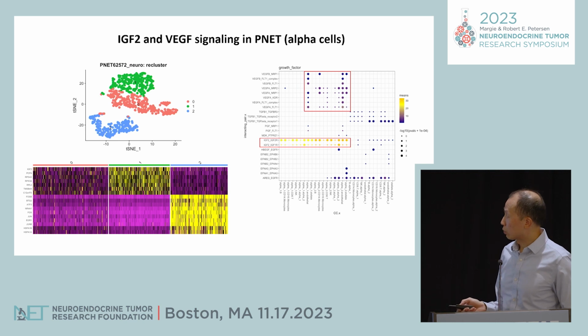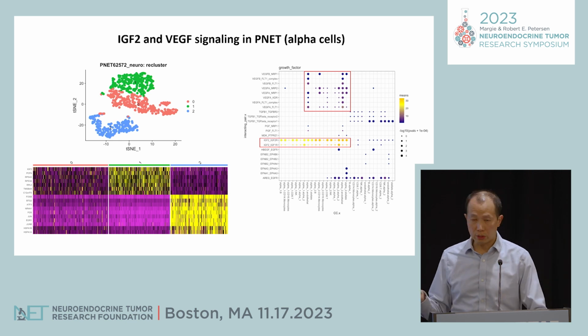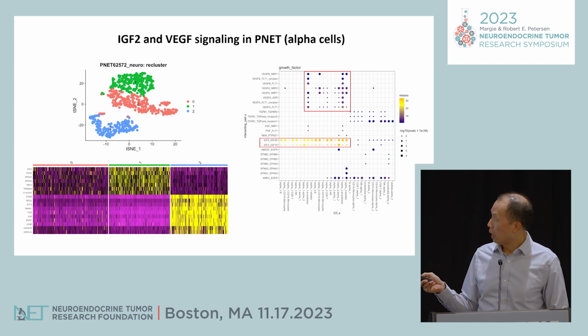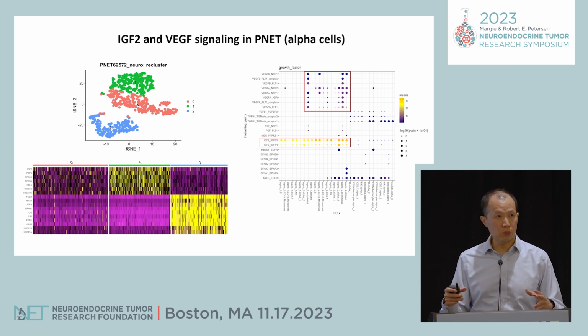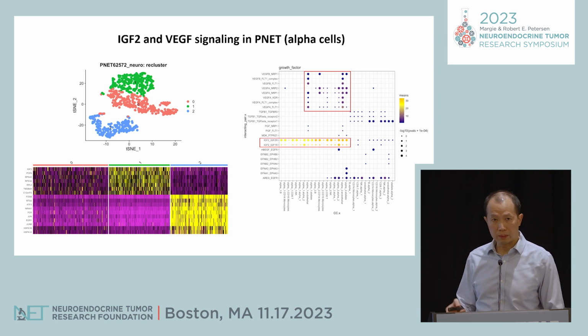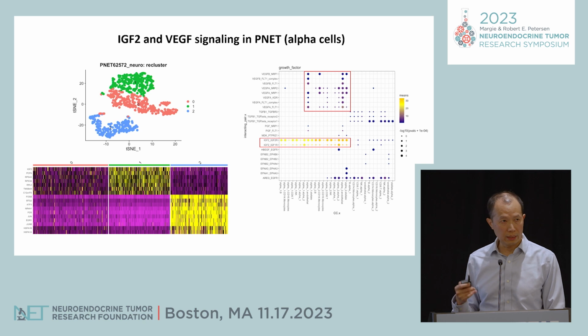So here's an example of one such tumor. In the top left panel, what we're showing here is only the tumor cells from this PNET that has an alpha-like signature. And as you can see, there is intratumoral heterogeneity, right? From this clustering, we identify perhaps 3 different subclones of this PNET. And what's interesting is that in one of these subclones, there's differential expression of a set of genes we show in the heat map, but one of the genes that caught my eye is IGF2, right, which is insulin-like